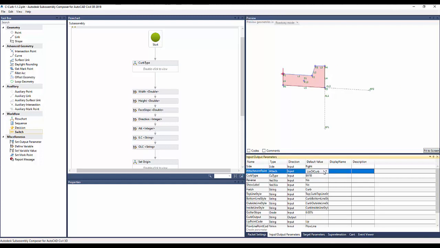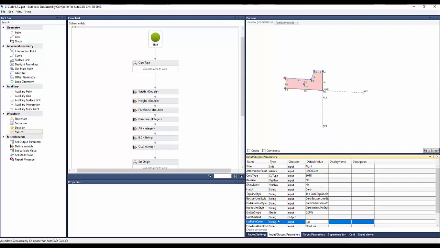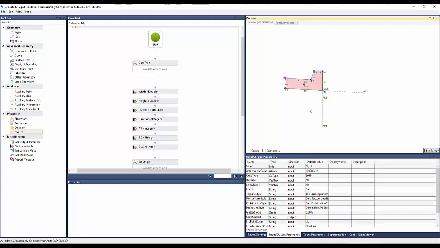There's also an insertion point on this one as well, whether it's at lip, back, or flow line. And just another drop down for where the insertion point is on this one. And so we can just drop this curb in no matter what we're going to be using across the board. It's incredibly flexible. The other thing is that it actually has an override, which is if we have type override,